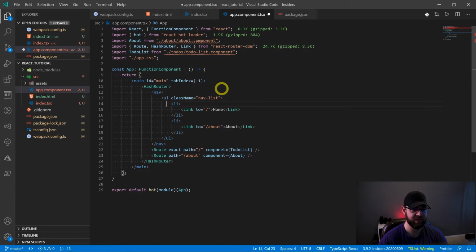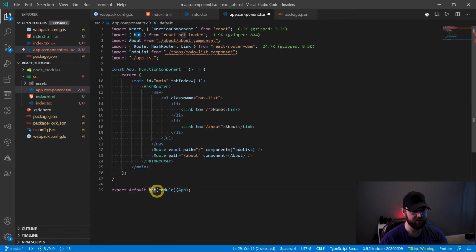It's not going to look too fancy, but I'll leave that to you to explore with CSS and styling it and making it look nice for yourself later on. So next here we have the different links that we're going to have, the home page and the about page. For the home page, we're saying that only on this exact path are we going to render this main component (got a spelling error here) for the to-do list, which will be our home page, and then we'll have this about one here. And then down here we're exporting this so that our TSX file can use it,